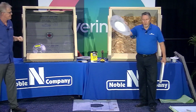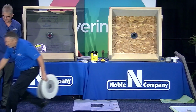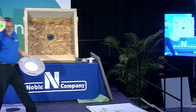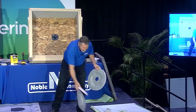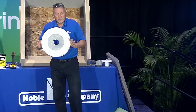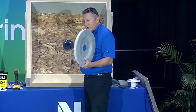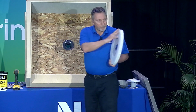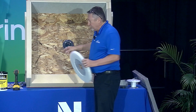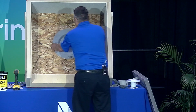Okay. So normally you would take this solid drain flashing and you would create the divot by using a foam tool. So we've eliminated the foam tool and added the flashing to a solid high compression base. So it's much simpler to install. You don't have to create that divot with the tool. So basically all you're going to do is put modified thin set on the back side of this. You're going to take your standard clamping ring drain, you're going to put sealant on your clamping ring drain, and simply install it